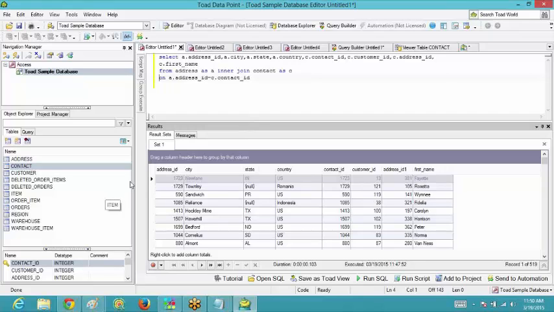As you can see over here, in the address ID and the contact ID, the data values are the same, but the name of the column is different. So this is the reason it didn't give you any error, and it is working because the data values were the same. Ideally, if you want to join any two tables, not only should the name of the column present in both tables be the same, but also the data values should be the same.